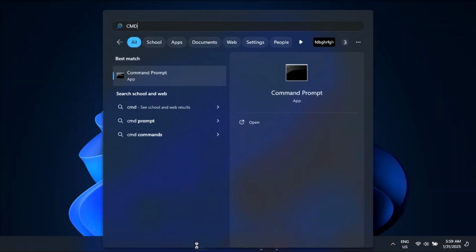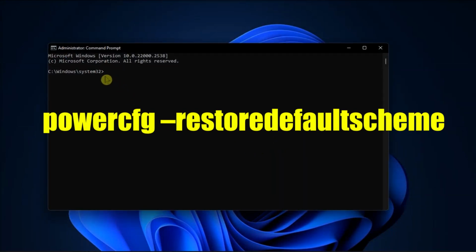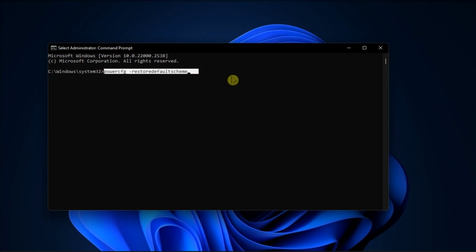Last in the list, reset the power settings. Open the command prompt with admin rights, type in the following command, press enter to execute it, and once the command is executed, check if you can now change the power mode successfully. And those are the different ways on what you can do when you cannot change the power mode in your